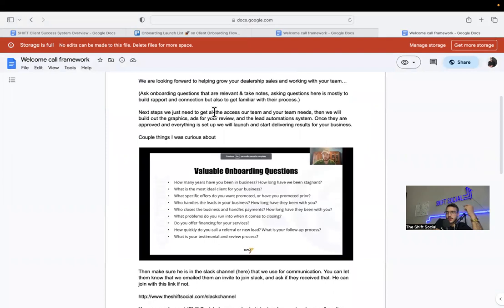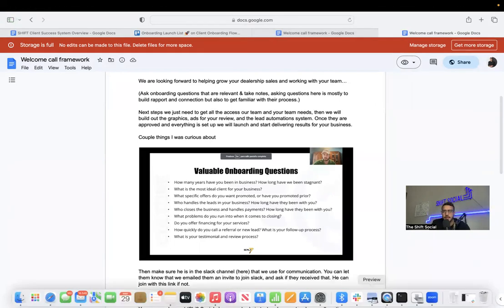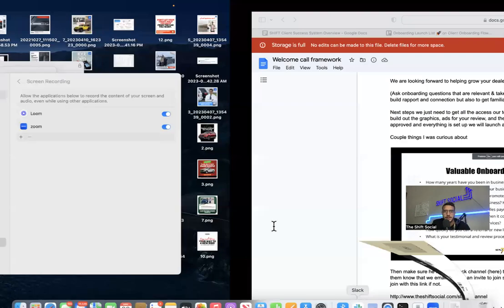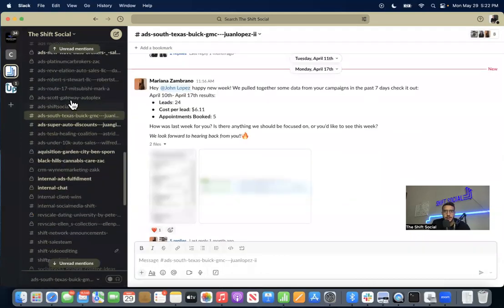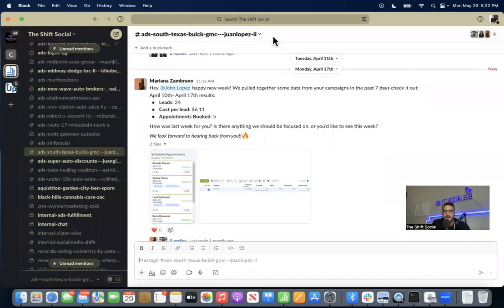You want to make sure that they're in the Slack channel. A lot of times when a client gets onboarded, the Slack invite doesn't always come through right with their email, so sometimes you'll have to manually add somebody through Slack. Every time an onboarding form is submitted, that makes a new Slack channel. So you would just have to come in here,